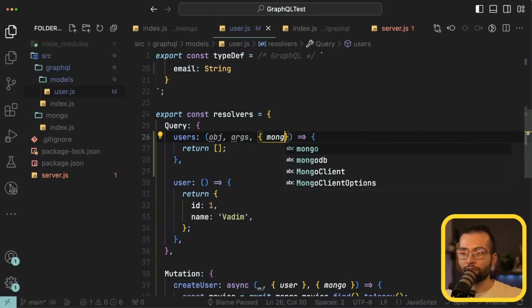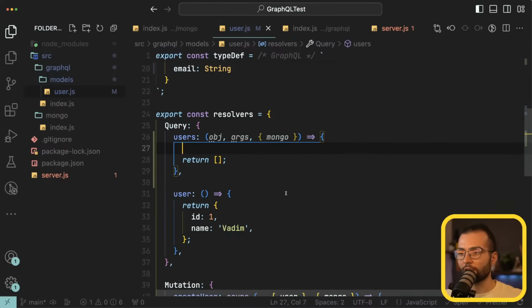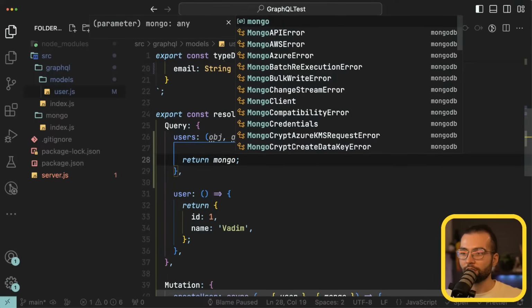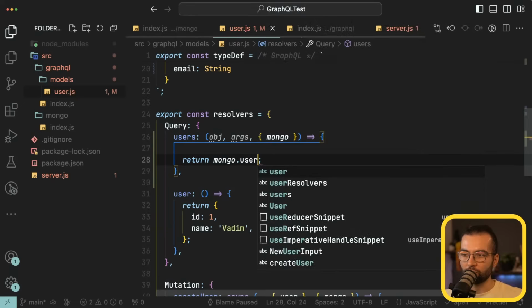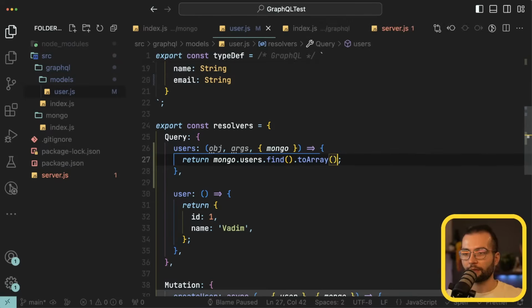From the context, we know that there is the Mongo field that has mongo.users. So what we can do is we can right away go ahead and return